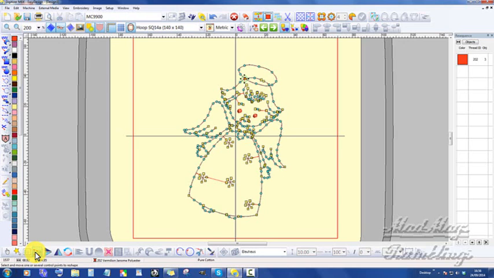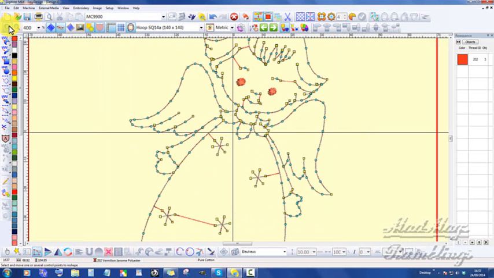So I'm going to go into Object Reshape and click up. I don't want that one there, but I'm going to have to use my scissors to get rid of it. Just clip it there and this end. But that's fine. I would have had those jumps anyway if I'd used the old-fashioned method, which was to trace